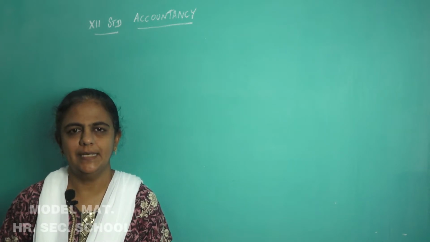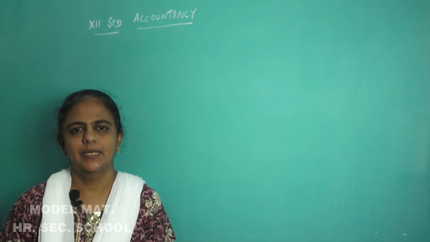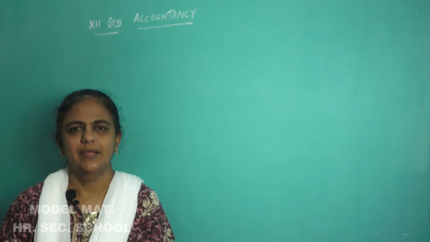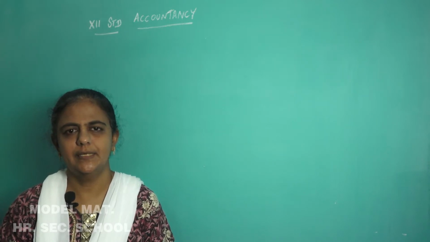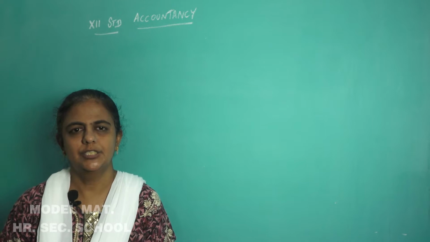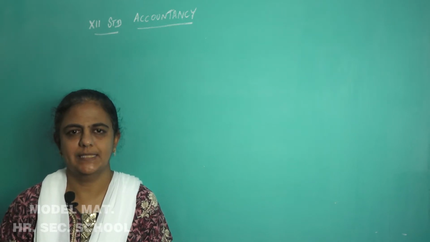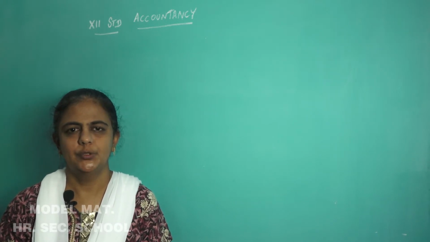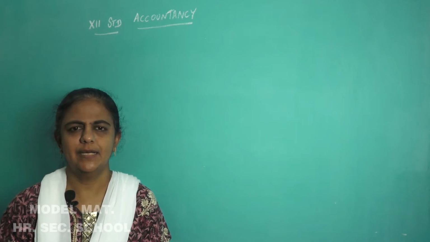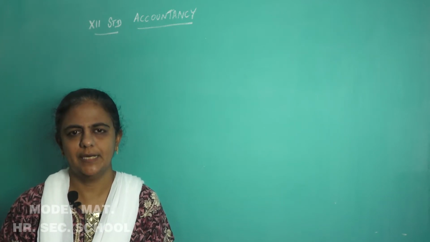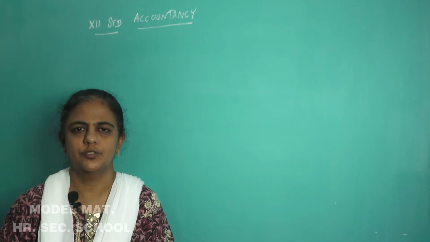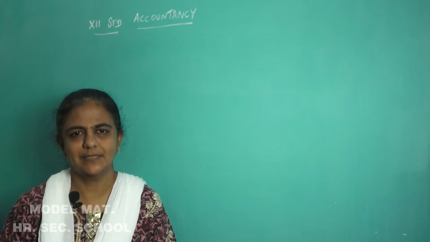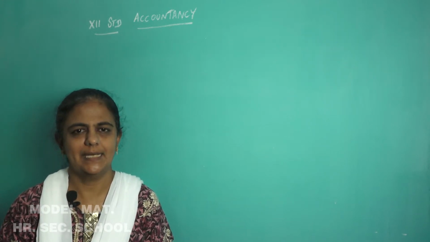You know already that in income and expenditure account, items pertaining to the current year alone should be taken into consideration. Items which are related to the previous year and next year or subsequent year should not be added, it should be subtracted. If there is anything outstanding for the current year, we have to add it. And if there is any income which is for the current year that has been received last year, that also should be added. So already we know the rules, what should be added and what should be subtracted. We'll do the sum so that you can understand clearly.